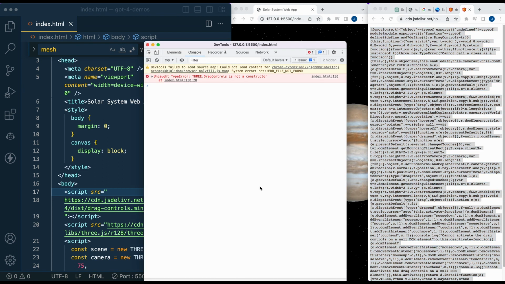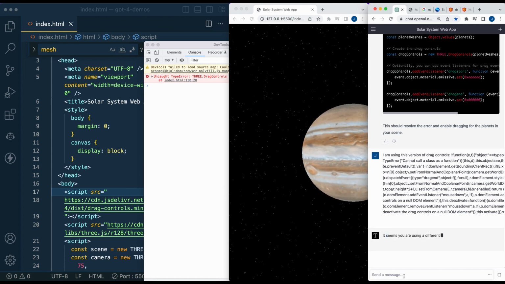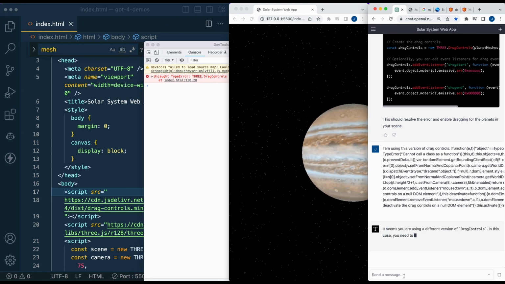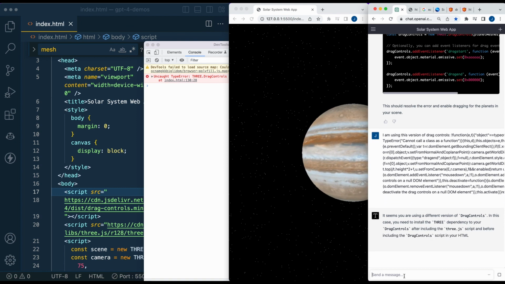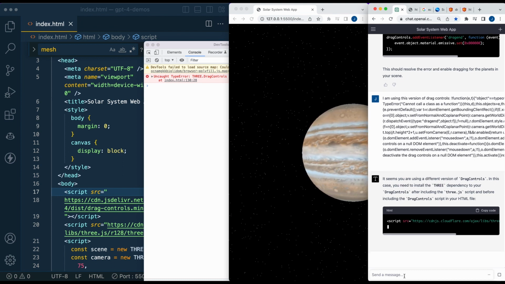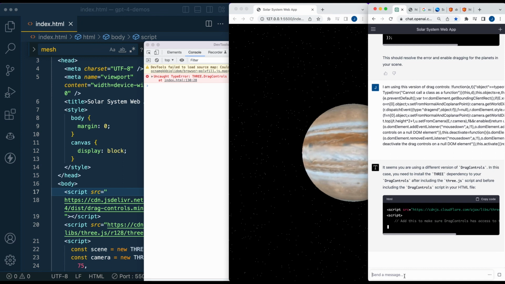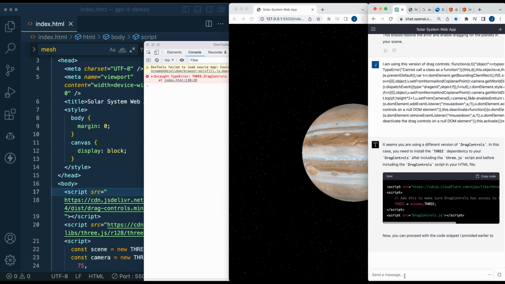Okay, so let's just paste this into GPT-4, this mess of a minified script. I am using this version of drag controls, and it accepts it. Okay, so let's see if it can parse this out, a bit of an example of how powerful, potentially, GPT-4 is. Okay, so it seems I'm using a different version of drag controls. That's correct. You need to install the Three dependency. Okay, so Three,